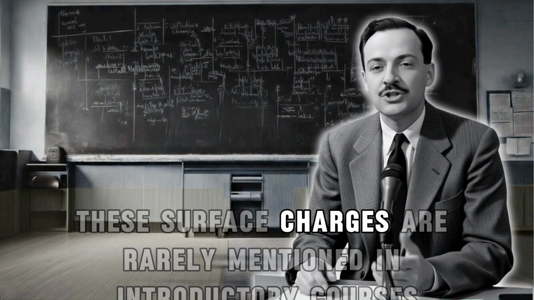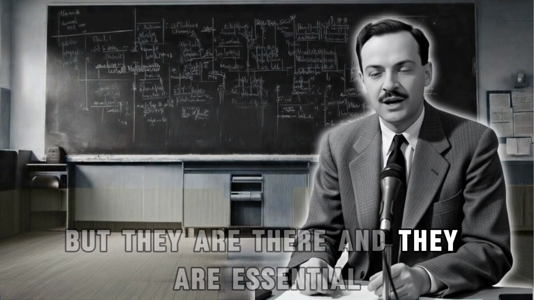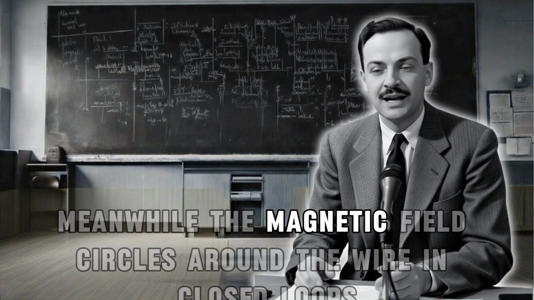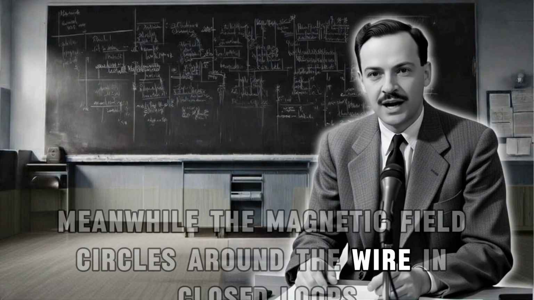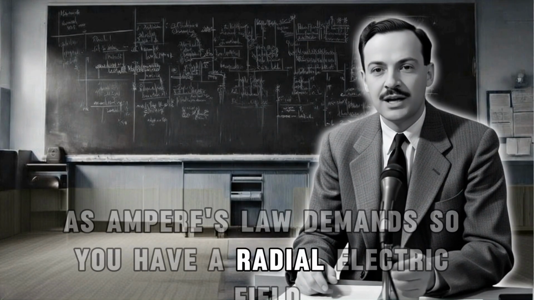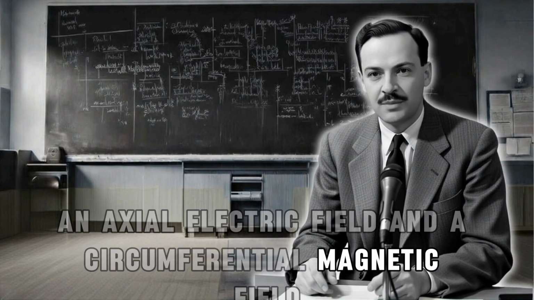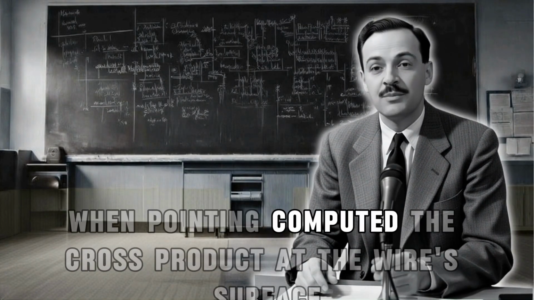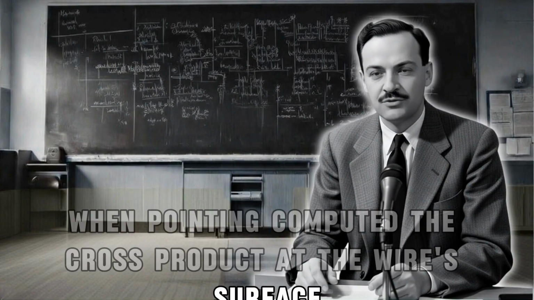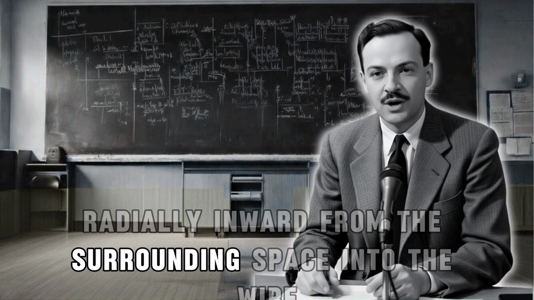These surface charges are rarely mentioned in introductory courses, but they are there, and they are essential. Meanwhile, the magnetic field circles around the wire in closed loops, as Ampere's law demands, so you have a radial electric field, an axial electric field, and a circumferential magnetic field. When Poynting computed the cross product at the wire's surface, the result pointed inward, radially inward, from the surrounding space